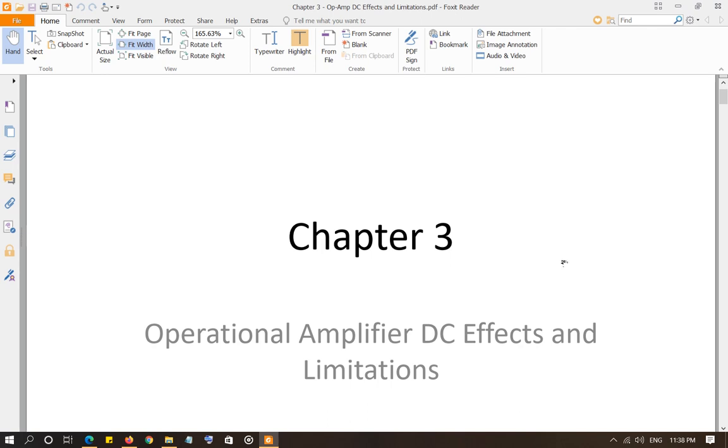Let's discuss chapter number 3, in which we will discuss operational amplifier DC effects and limitations. In other words, we're going to discuss in this chapter how an operational amplifier behaves at DC, that is, when the frequency is 0, or at very low frequencies. Actually, in this chapter, we're going to look at how the assumptions that we were using in the last